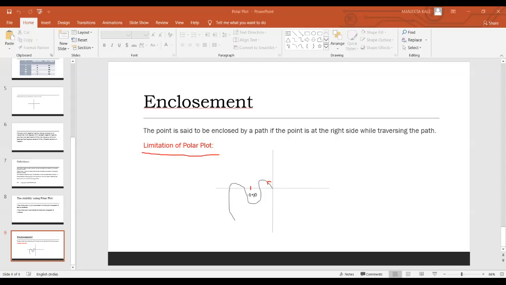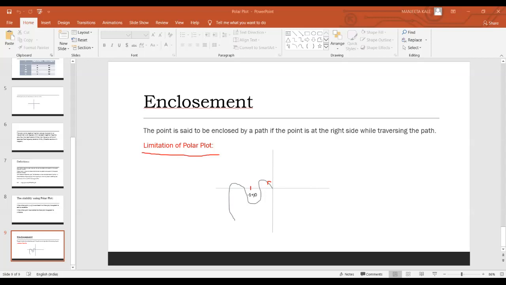Then we saw the significance of the critical point. -1 plus j0 is the point which satisfies both conditions, where omega GC is equal to omega PC: the angle is -180 degrees and the magnitude is 1, right? That point is known as the critical point, which is used to comment on the stability of a polar plot. Stability depends on whether the polar plot encloses the critical point or not. If it encloses the critical point, the system is stable. If it does not, the system is unstable.